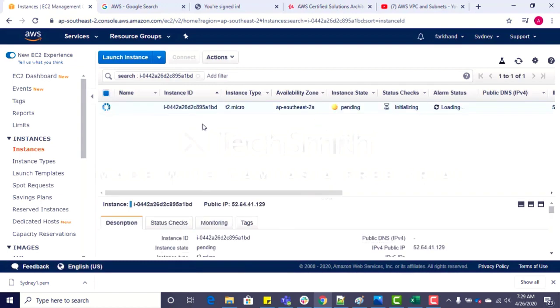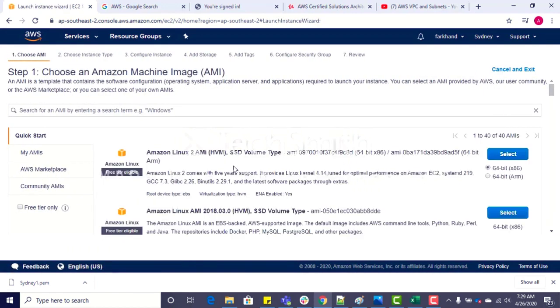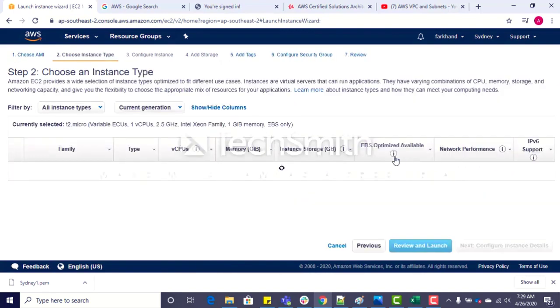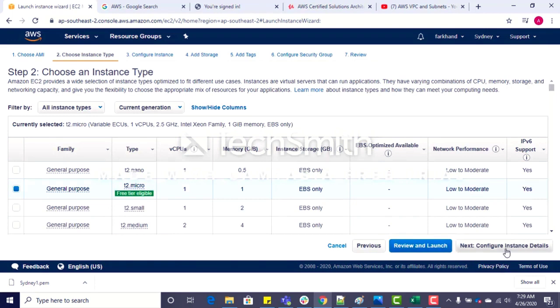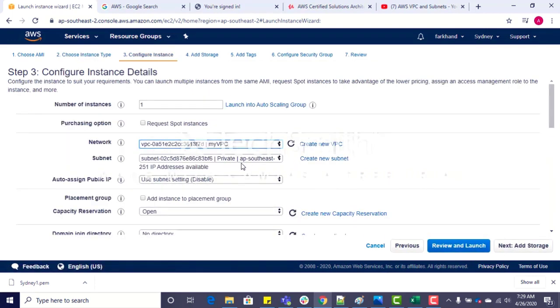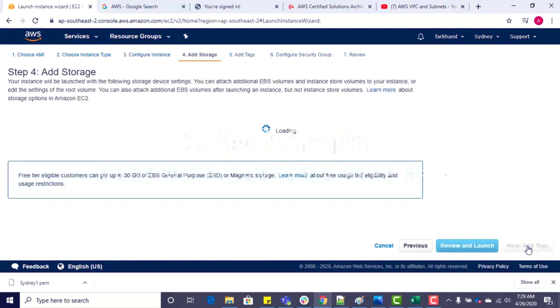While it's getting launched, we'll create another machine for the private subnet. Again we'll choose the Windows machine, and next, and here we'll choose my VPC and the private subnet. The private subnet has auto-assign public IP disabled, so it is disabled now. Okay, so next, storage,